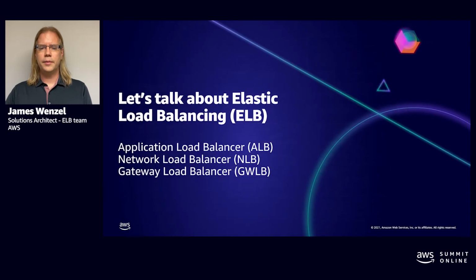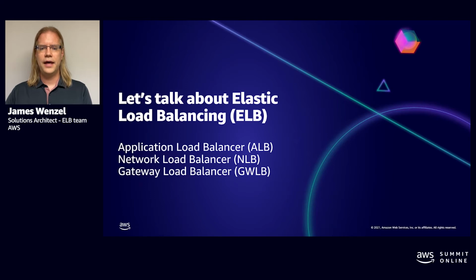So let's talk a little bit about our Elastic load balancing. We have three types that I'm going to talk about today: the ALB, or Application Load Balancer, the NLB, or Network Load Balancer, and the Gateway Load Balancer. The last type that I'm not mentioning here is the Classic Load Balancer, which operates at 7 and 4, but at a very limited set. So what we're trying to do is get our customers to move to one of these more advanced load balancers, as opposed to the older Classic Load Balancer.